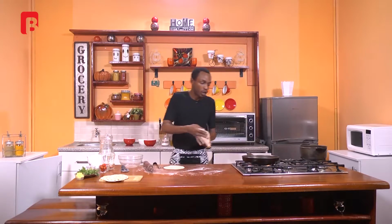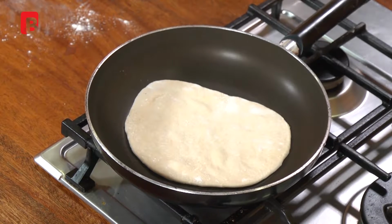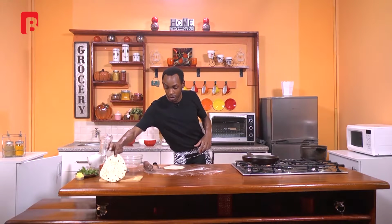And now proceed to add that to your smoky hot pan once more. Allow it to cook, and as I mentioned, this cooks very, very fast, so do not be tempted to leave your naan cooking and leave your pan unattended. It will actually overcook very, very easily. And as you can see, with a nice, beautiful cooking, you will actually be able to get some nice, soft